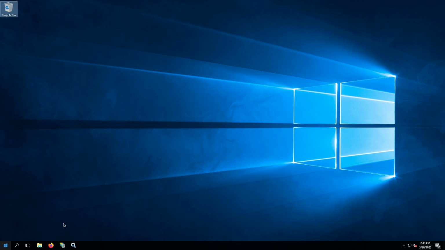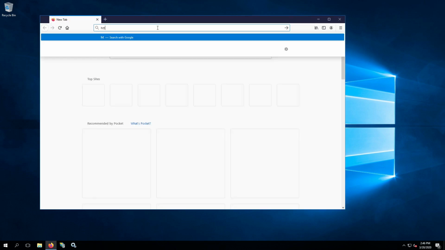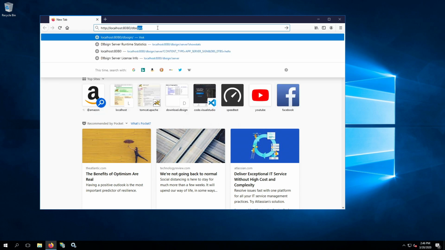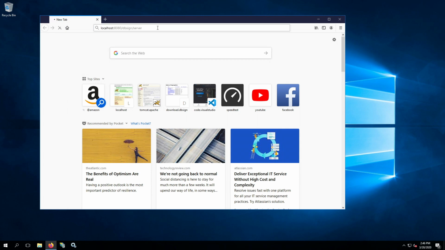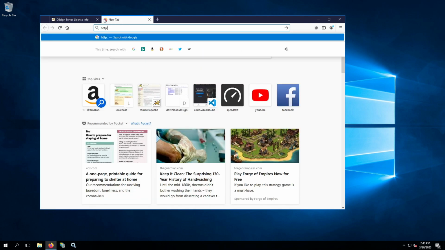Okay, first, let's talk about using IIS as a reverse proxy for the outside to be able to access our DB Sign server deployed in Tomcat. Now, the reason we want to do that is because we have DB Sign running on this machine, and it's on port 8080. And that's perfectly fine, but we probably don't want to open up more ports than we need to. So we don't want to open up port 8080,